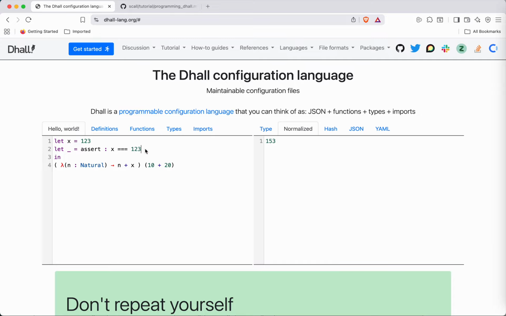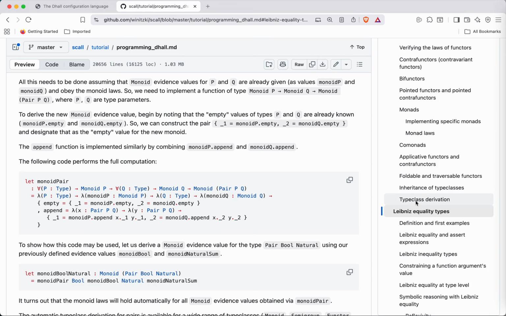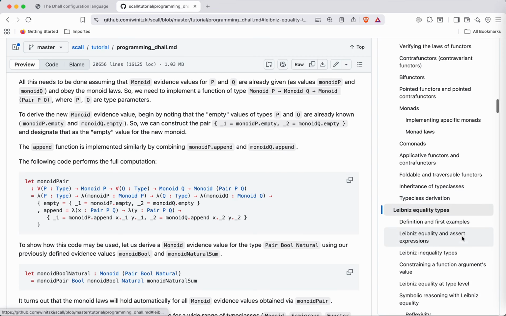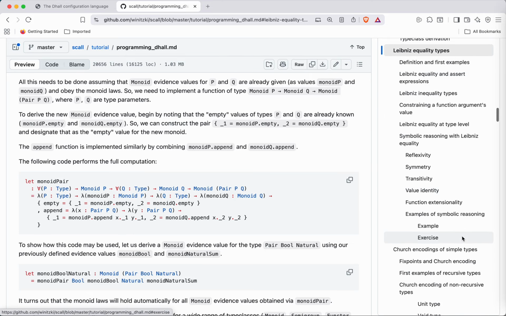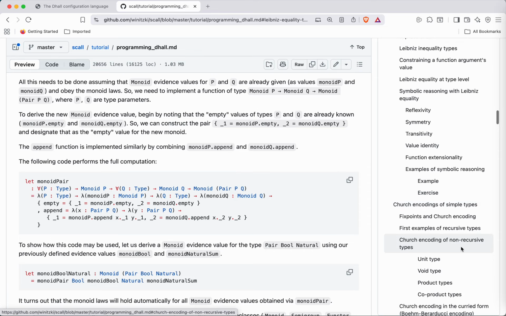So this feature is good enough to cover most use cases that you would need for equality types used for different assertions. You can assert that certain parts of your configuration file have certain properties, and that's in most cases good enough for practice. So in this book I just show how to define more general equality types,